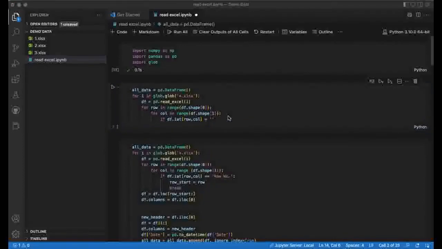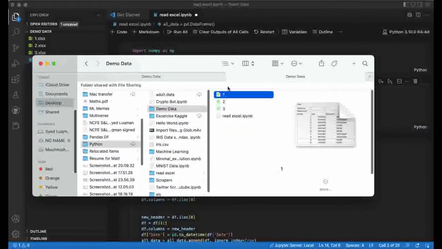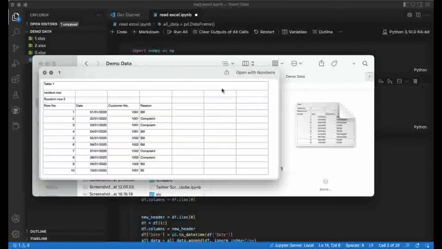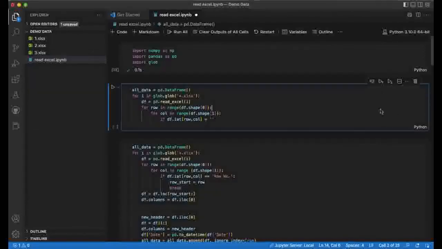So for example, wherever, as I said, my tables have the same column header, you need to pass on the first value of the cell from where your table is starting, so it starts reading your table from there. So that is row number. So I'll go and